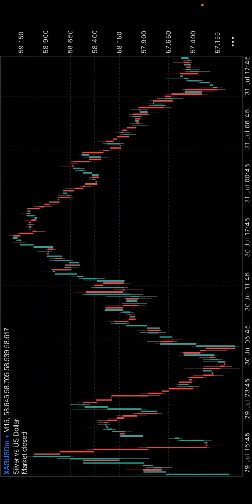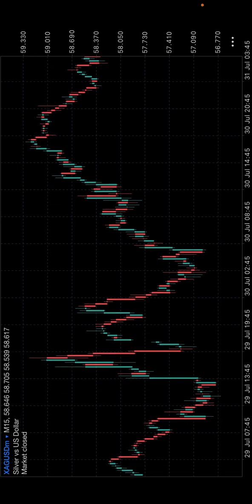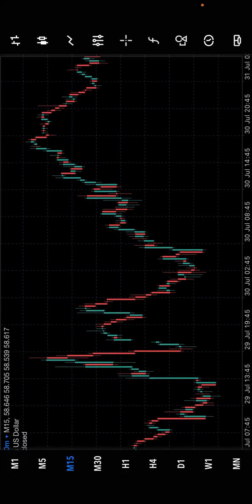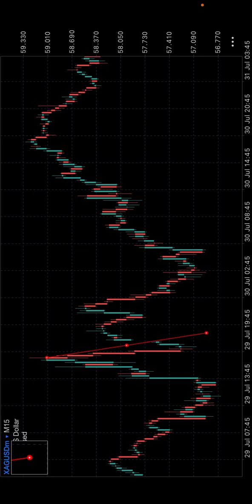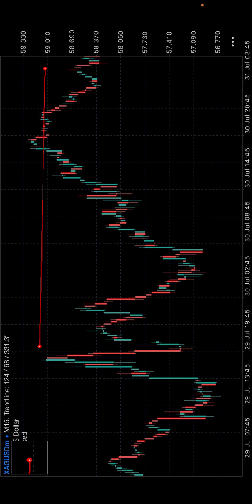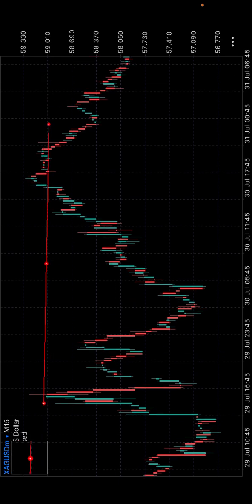So if you notice in this particular place, I think this should be a news place where there was news that led to this massive spike to the downside. So you will see that price took out the liquidity at this level. Price took out the liquidity at this level. What you expect is that price is going to begin to